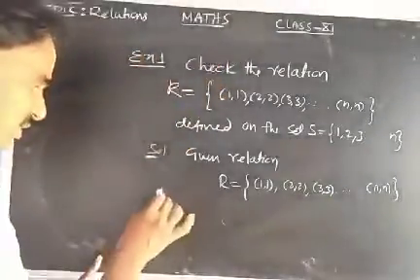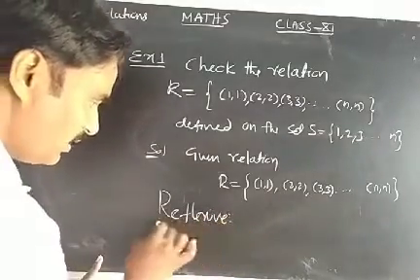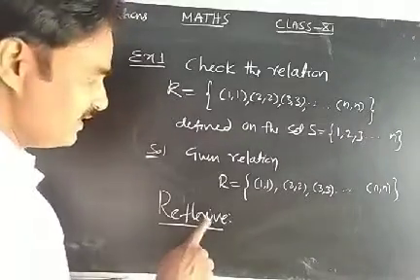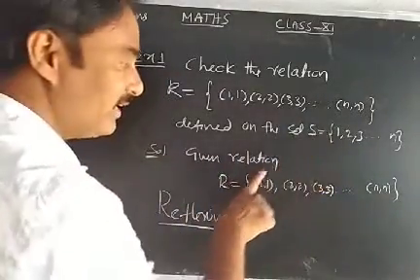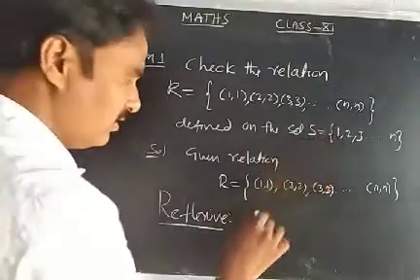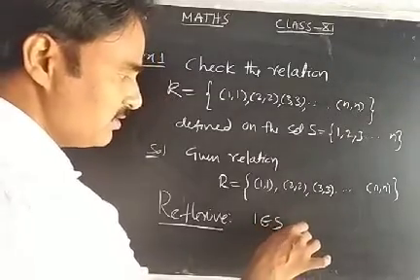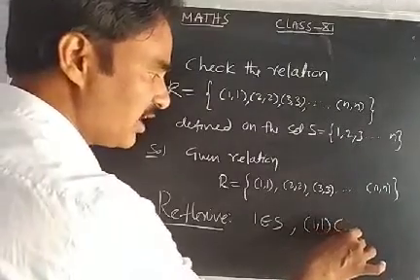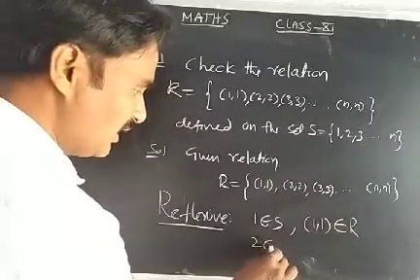First I am going to check the reflexive property. If it satisfies the reflexive property, then we can say the relation is a reflexive relation. How to check the reflexive relation? To check it, we should take an element from the set where the relation is defined. This relation is defined on S, so I am taking 1 belongs to S. After taking 1 belongs to S, form an ordered pair with the same element, (1, 1), and check whether that ordered pair belongs to R or not. Is it in R? Yes, it belongs to R.